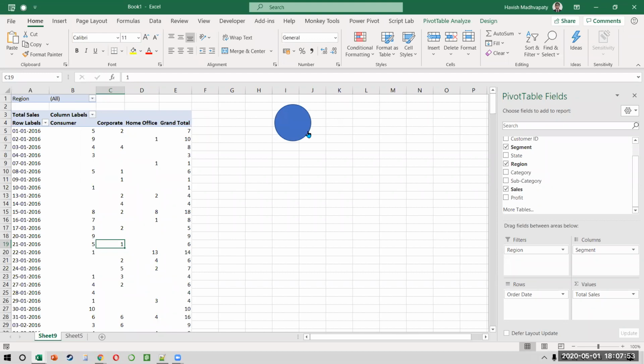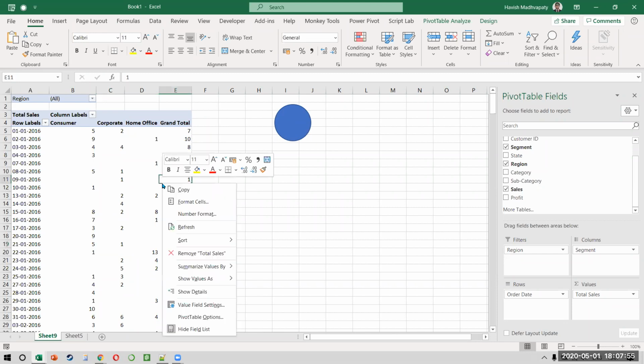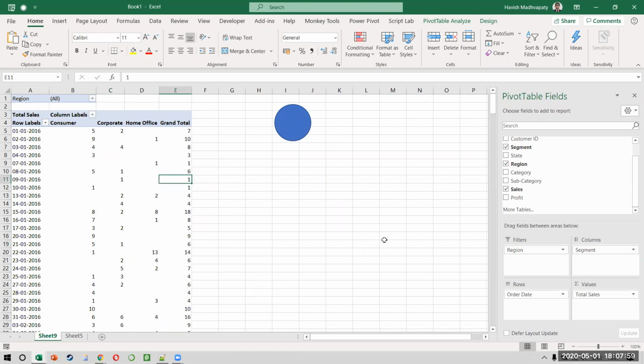Now you might be wondering, but what is the big deal? Why can't I simply right click and change this to sum and count? A number of reasons. Number one, by doing it in a macro, you're able to automate it. Number two, by doing it in a macro, you can even change a pivot table on a different sheet. Otherwise, you will have to manually go to that sheet and then change it. And number three, if you want to make this change in multiple pivots at the same time, now you can just copy and paste that code for different sheets. You don't have to go to every sheet one by one and then make this change.